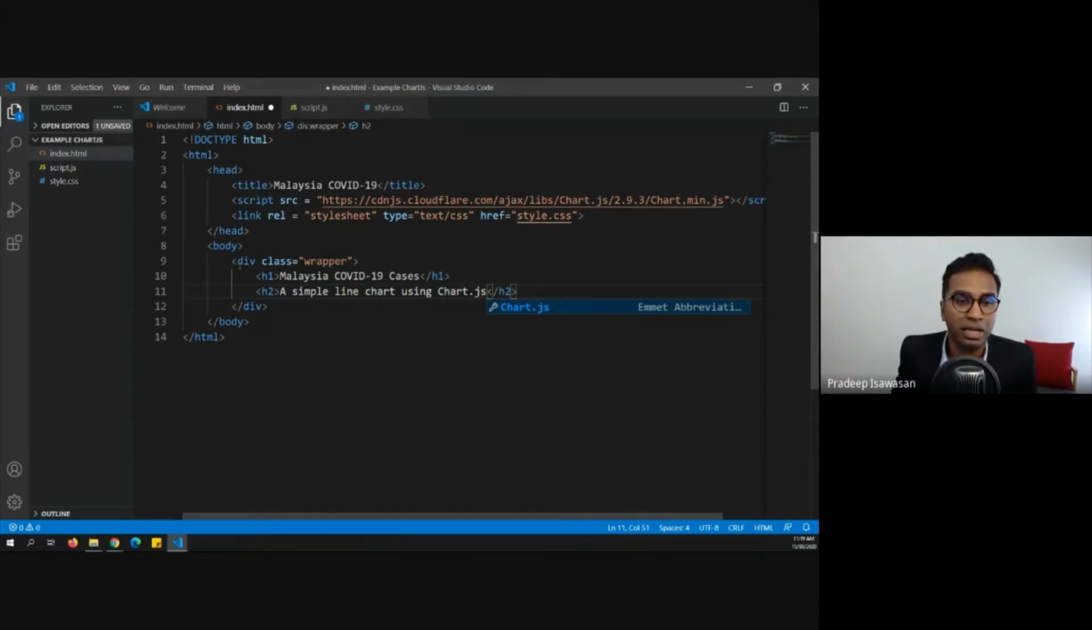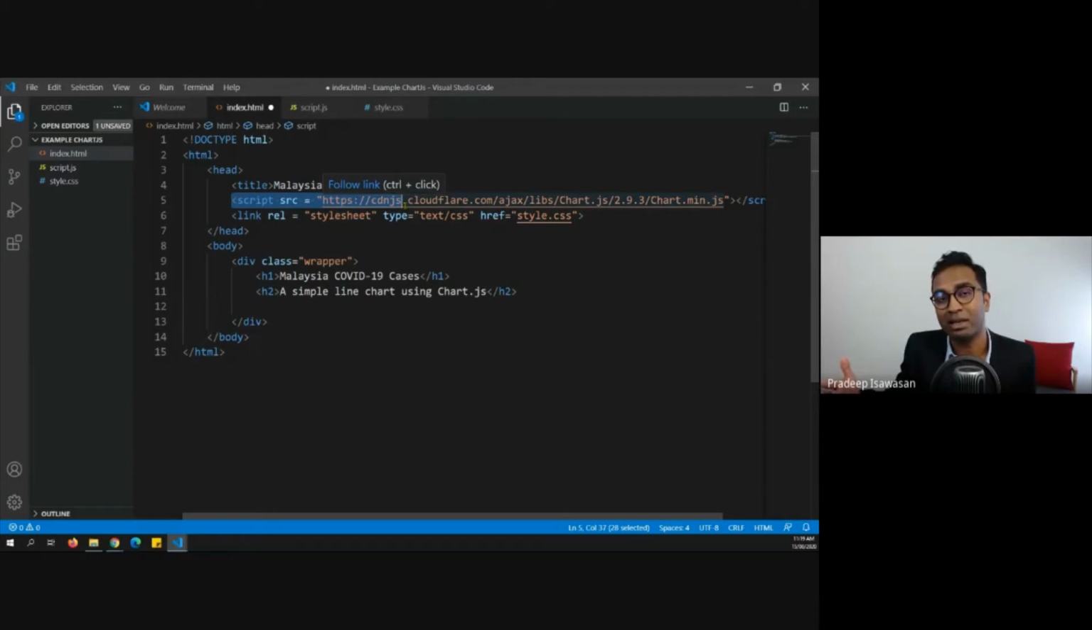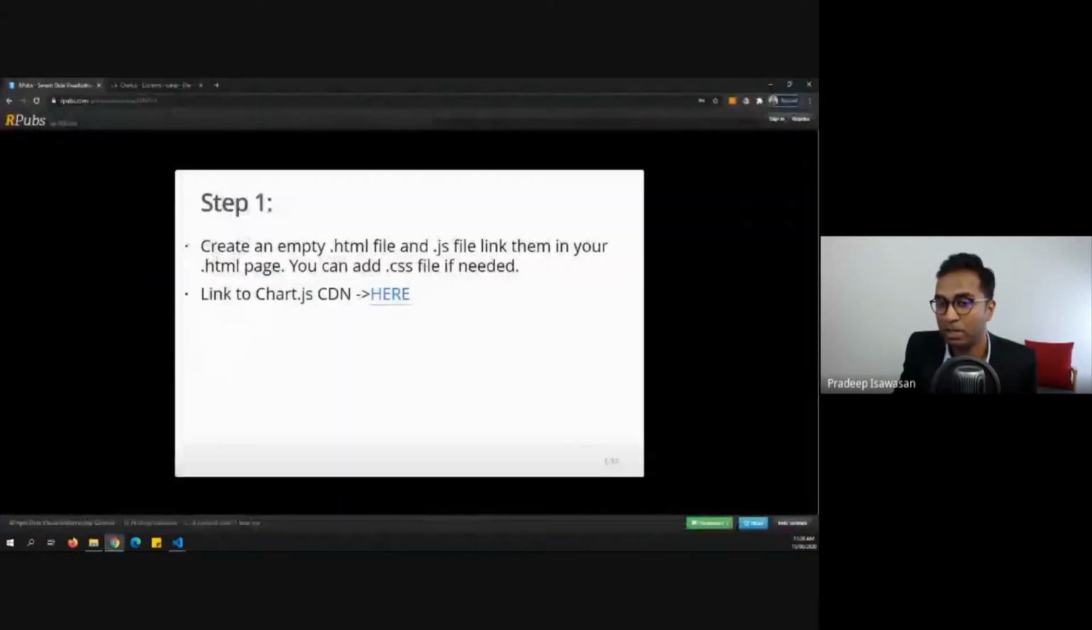Right. So can you see, inside the body, I create a header, Malaysia COVID-19, the title for my chart, and then another subtitle. You can assume that. Now I want you to notice the important part here. This is where the Chart.js actually comes in. Two important things. First, connect, because it's supposed to know where it will get the Chart.js functions. The second is you need to create. So if you refer back to my slides, you can actually go to the